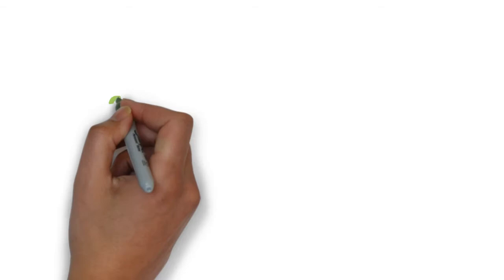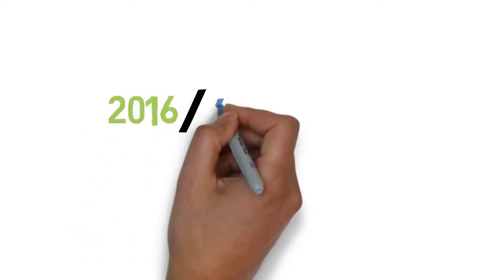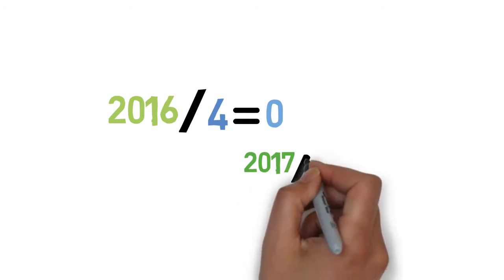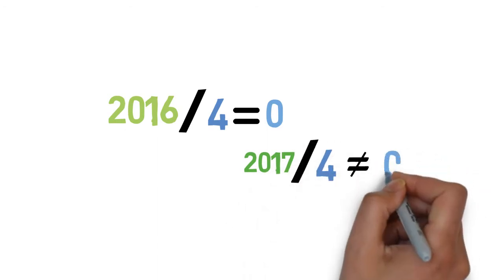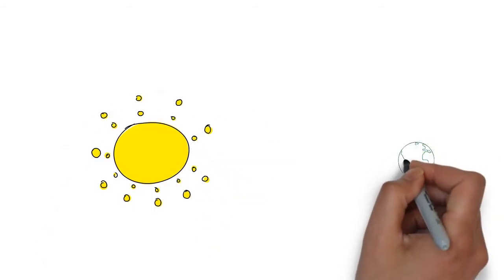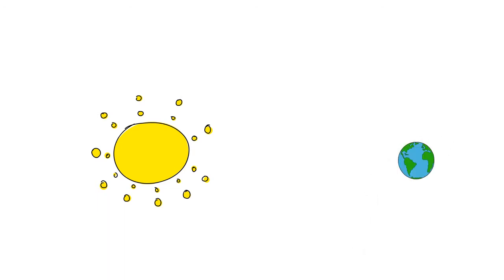If I asked you again why February of 2016 has a day more than that of February of 2017, you're probably gonna answer, well, it's because 2016 is divisible by 4 and 2017 is not divisible by 4. That's it, right? Well, it's not. It's not that simple. So the whole concept of leap year has something to do with the Earth's revolution around